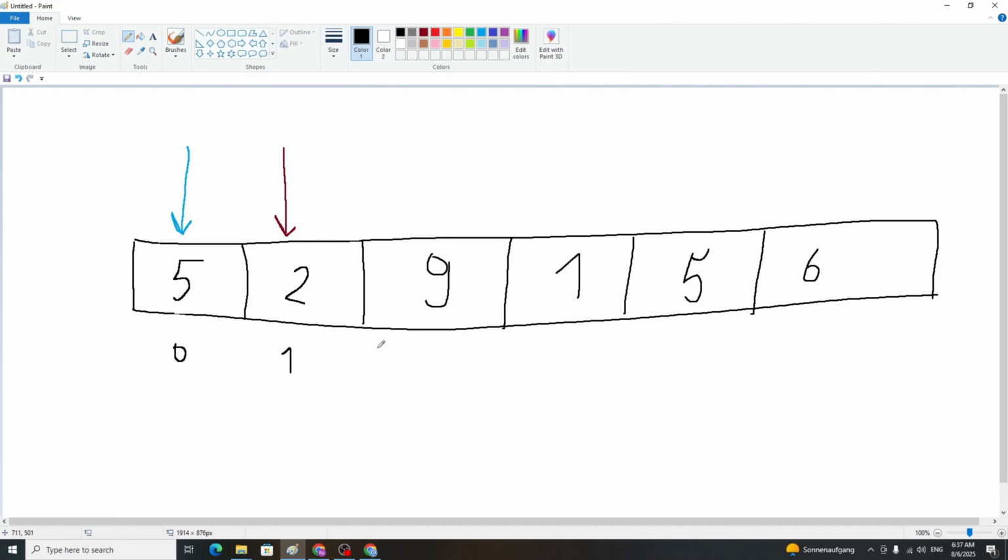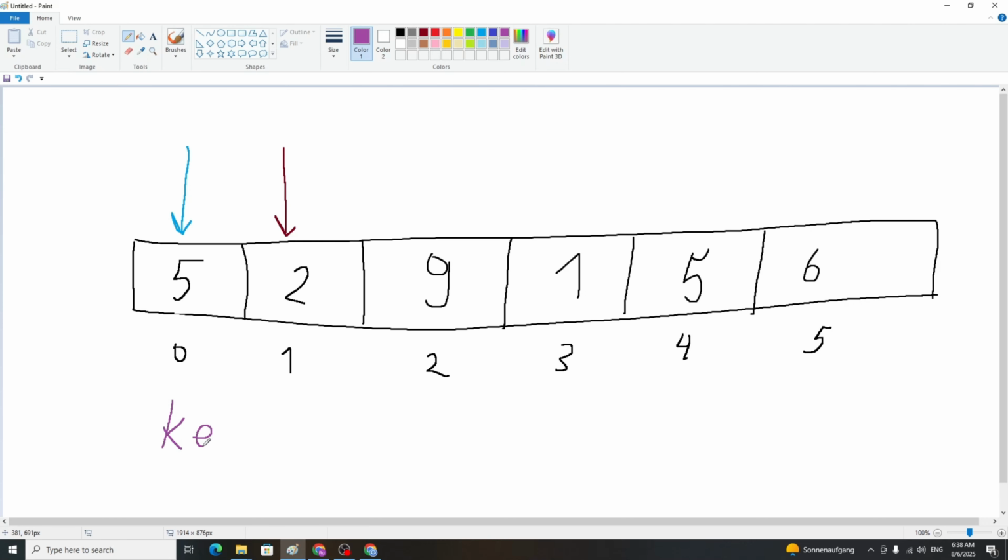Let's also enumerate the other indexes, like that. And on each iteration of the outer loop we will have a variable,